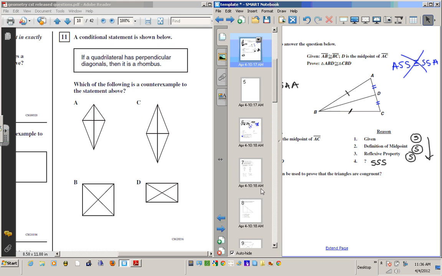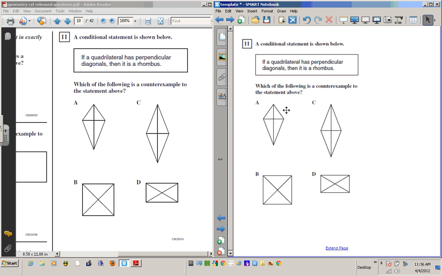we're asked a conditional statement. Which of the following is a counterexample? If a quadrilateral has perpendicular diagonals, then it is a rhombus. Counterexample, what on earth is that again? Let's review. Counterexample is basically P implies not Q. The hypothesis implying something other than the conclusion, basically the opposite of the conclusion,